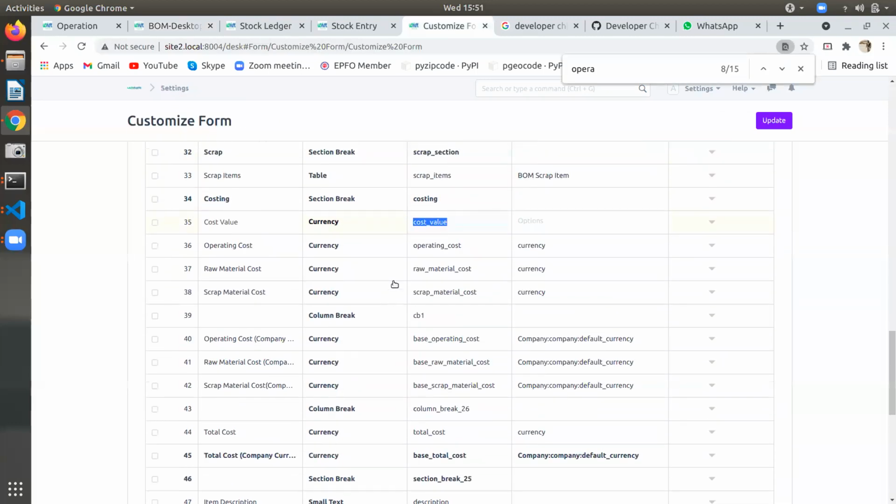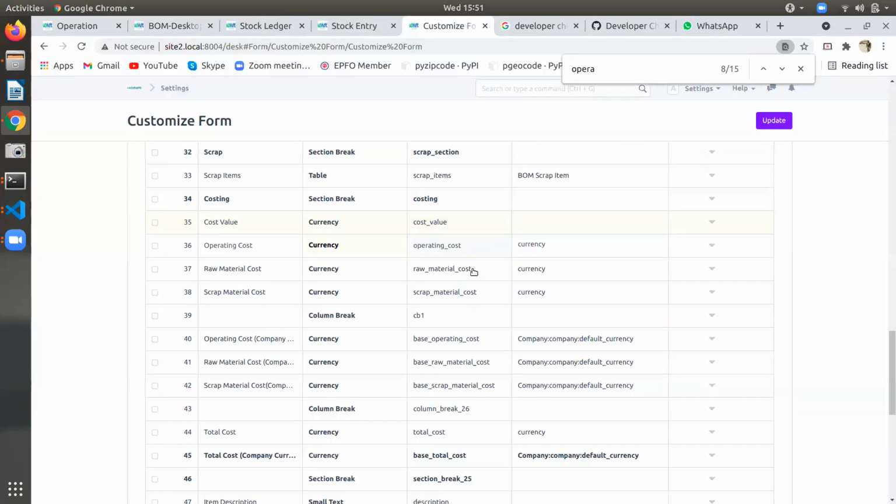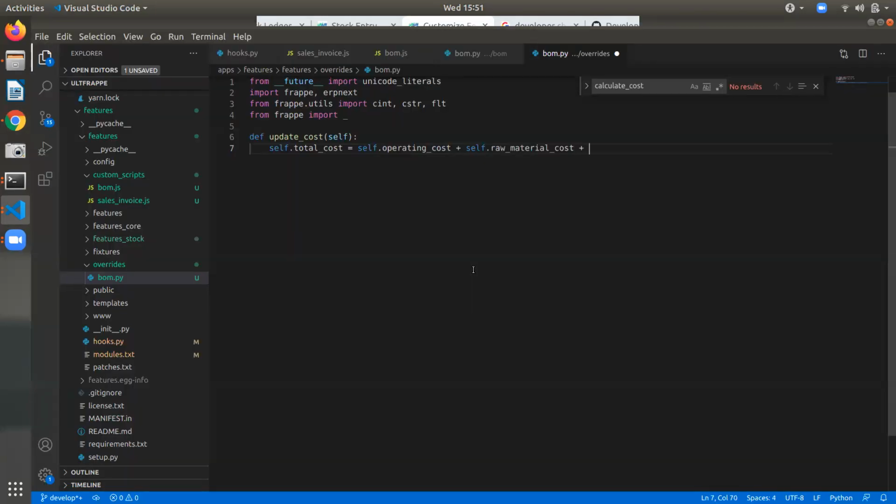Let me take those variable names: cost value, operation cost, self.raw_material_cost, self dot.